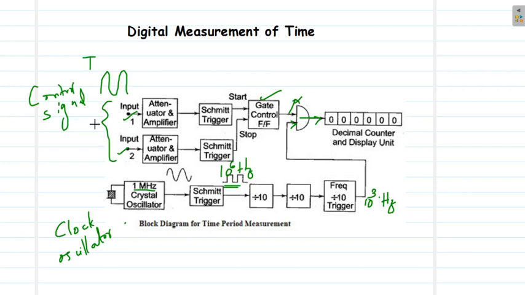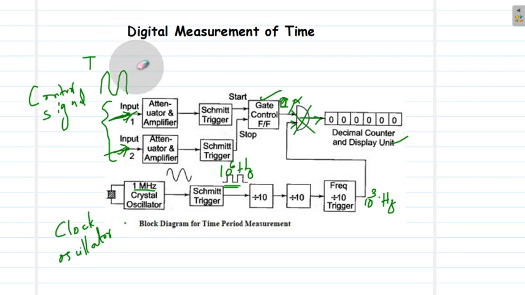If you want to measure the time period between two incidents, the first instance will be fed into input 1, that will start the gate control flip-flop. Then a 1 will be fed into the main gate. The gate will be opened. The signals will pass through the AND gate and the counter will count. When we want to stop this count, we will feed in the second input, which will stop the gate control flip-flop. Its output will be 0 and the main gate will be closed and the counter will stop counting.